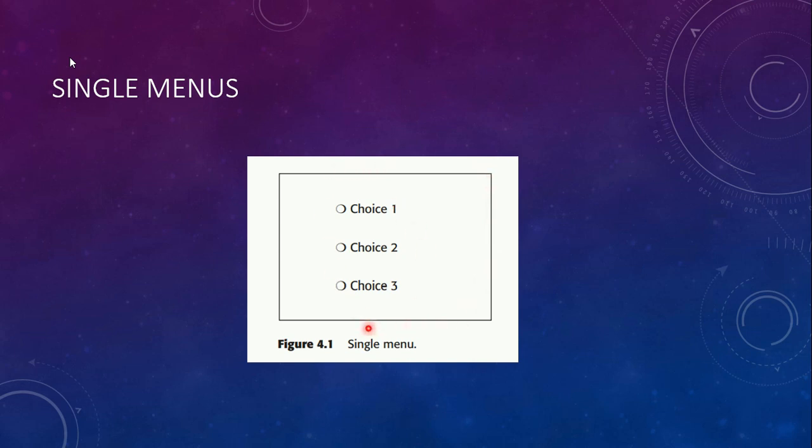But these single menus may be iterative. Iterative in the sense that it will ask the user to enter at least one data, or choose at least one option, or it will show the same single menu again. If you don't choose anything, it will pop up again and show the same page.